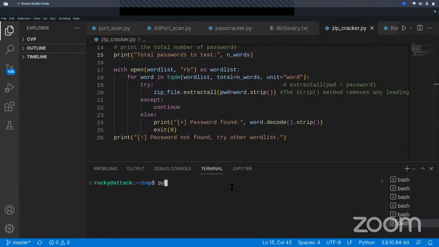I will explain it. Don't worry. Okay, zip tracker.py. Okay,